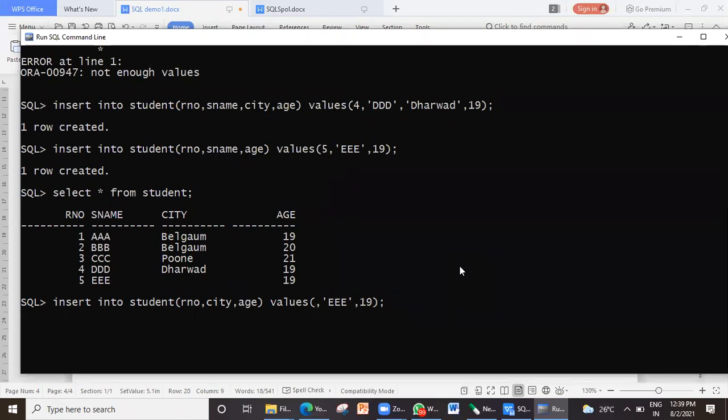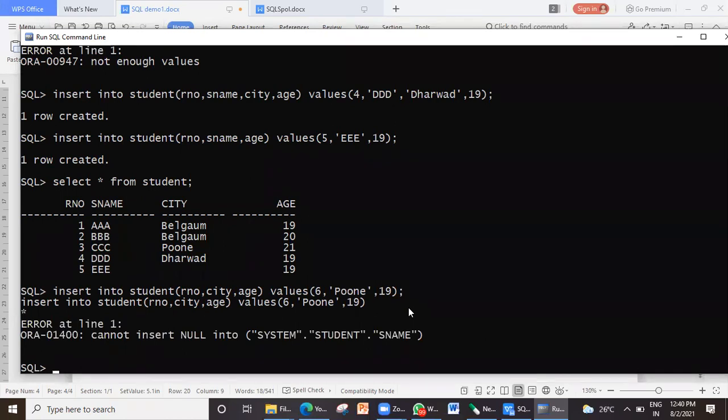I could skip city, but let us see whether we can skip name. Earlier roll number was 5. Now let me enter 6. Since I'm skipping name, let me just enter the city here. I'll say Pune again. Is this clear to you? I'm entering roll number 6 without name, and I have specified city and age.